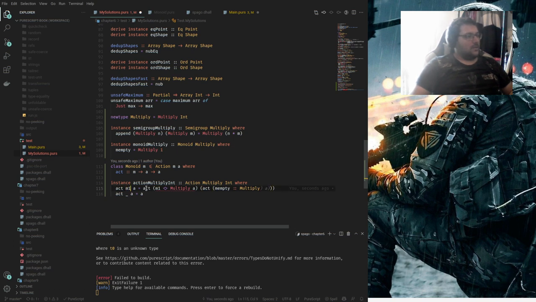For a given monoid, I will append the monoid with the inverse operation, so I will turn back the a value into multiply, so it can be appended together. That's right, but